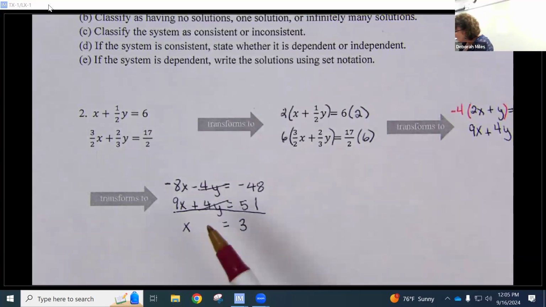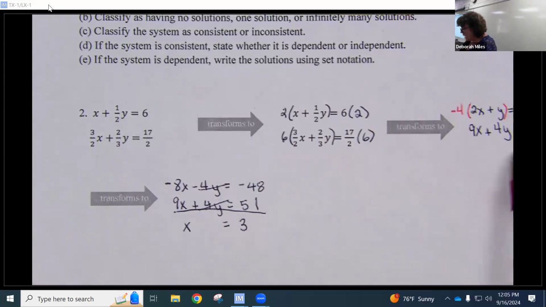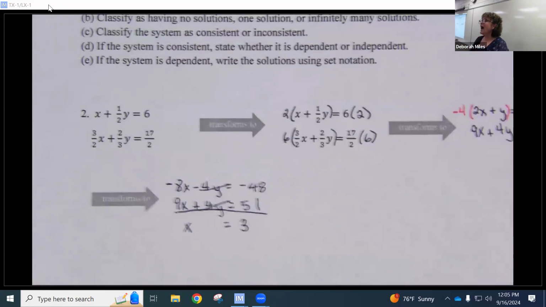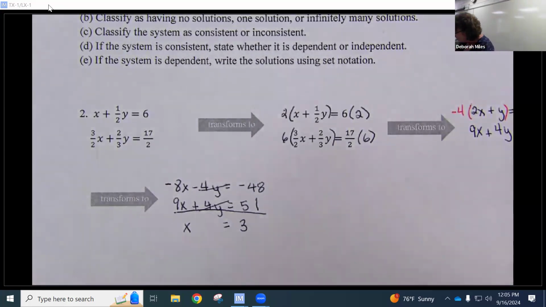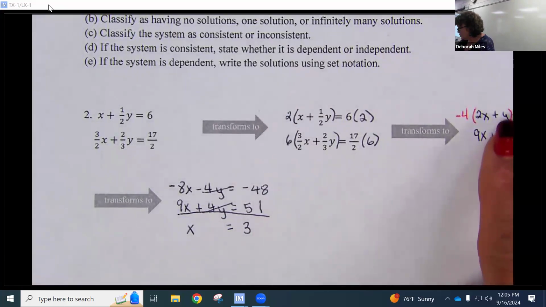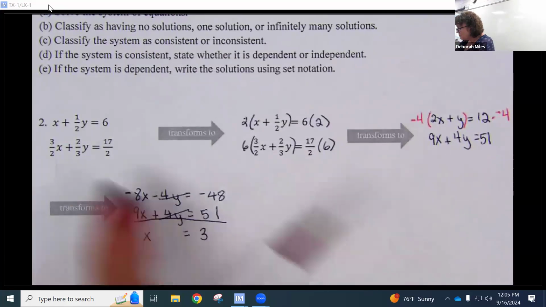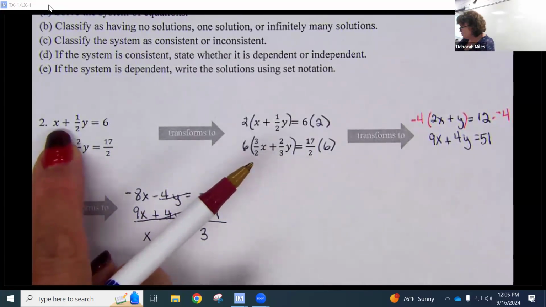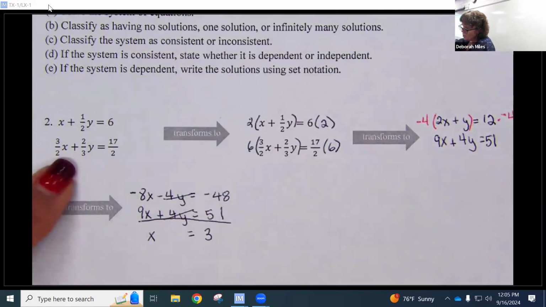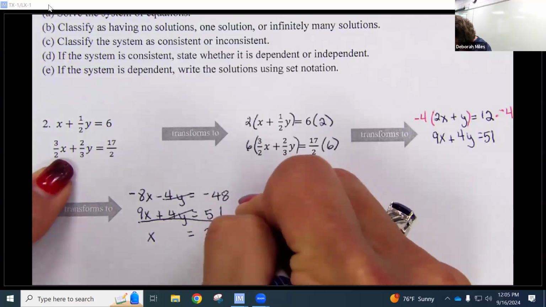You could actually plug it into any of these equations that you wanted to. I just did the 2x. I would too. I would look for the easiest equation to substitute it into, and it looks like maybe this equation's the easiest one. I could plug it back in here. The fractions wouldn't be horrible. As a matter of fact, even though I would probably do what you did, let me just say